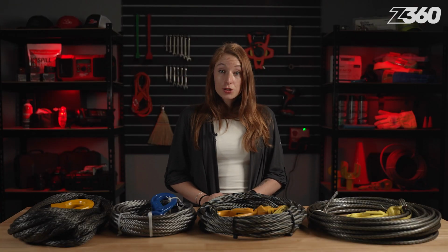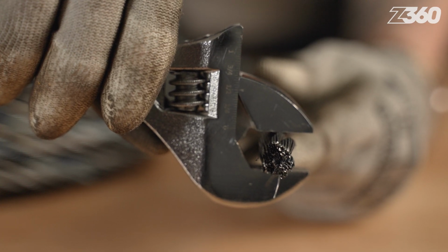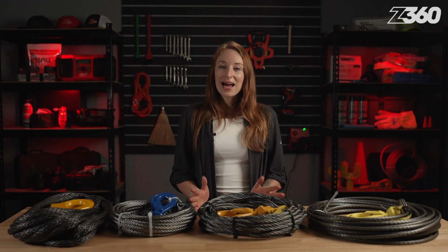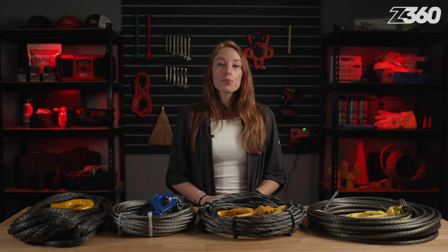An accurate way to determine the size of a wire rope is by measuring the distance between the outside edges of the 2 opposite bundles. One way to do this is by slipping a wrench over the cable. Be sure to measure the distance between the outside edges of the 2 opposite bundles, not the distance between the flat sides. The last thing you need to do before making an official decision is to consider the appropriate working